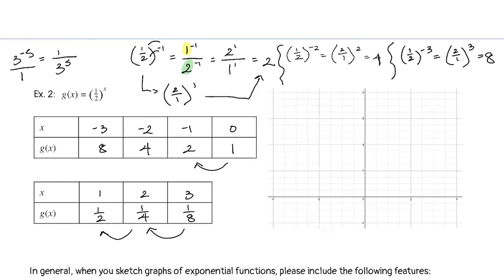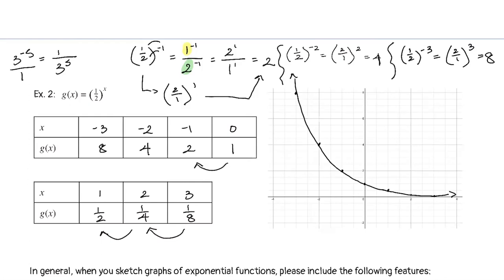So now that we have our points, let's go ahead and plot them. We've got -3, 8; -2, 4; -1, 2; 0, 1; 1, 1/2; 2, 1/4; and 3, 1/8. All right, well, this gives us what we call an exponential decay. Okay, and we could have known from the beginning that it was going to be an exponential decay